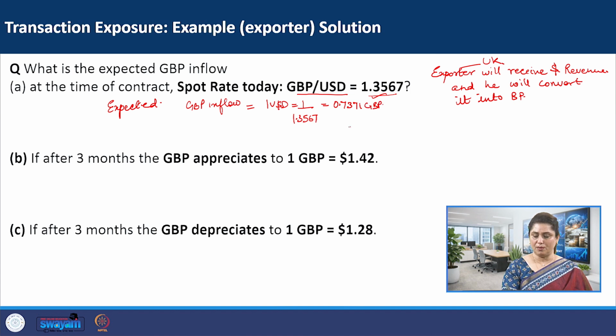Now this we will multiply with the value of the transaction, which is $10,000. $10,000 into 0.7371 will give us pounds